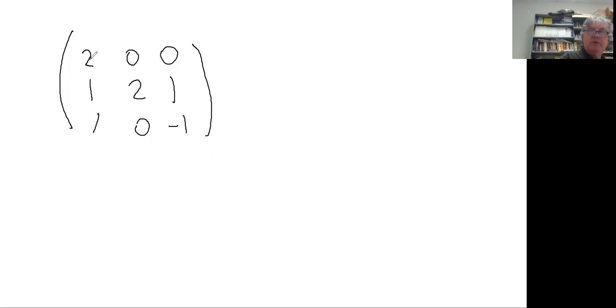When we figure out the determinant, we're going to get 2 times the determinant of this small 2 by 2 matrix, and its eigenvalues are 2 and minus 1. So you can see that the eigenvalues are minus 1, 2, and 2, with 2 having multiplicity 2. How many linearly independent eigenvectors does it have? Well, you should subtract 2 times I from the matrix, and you get